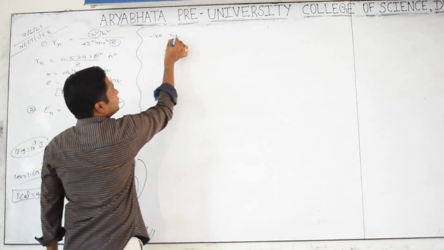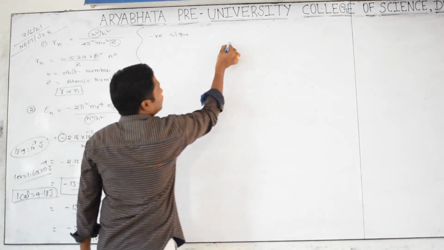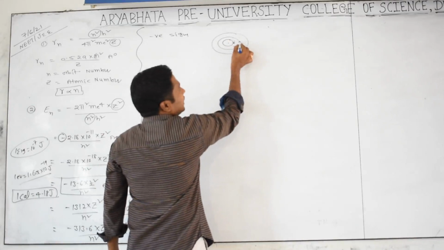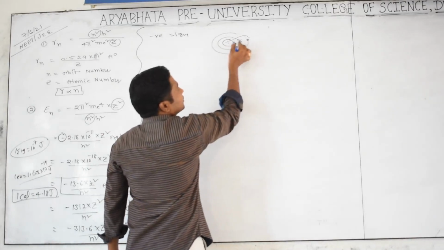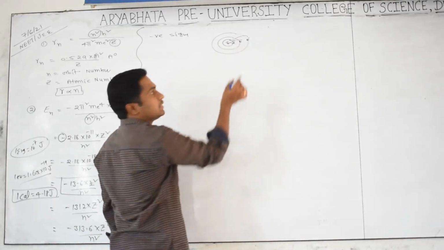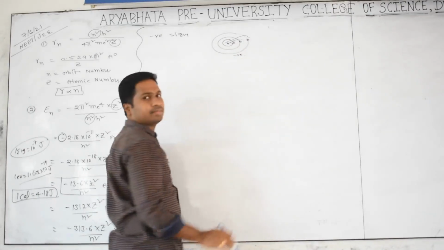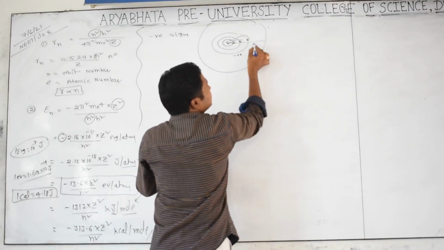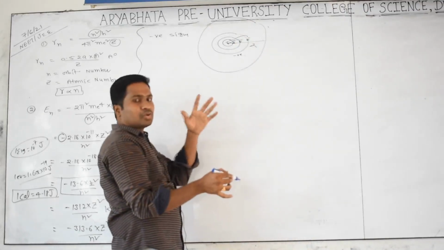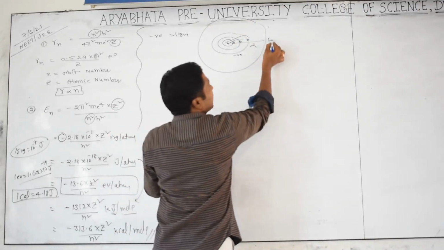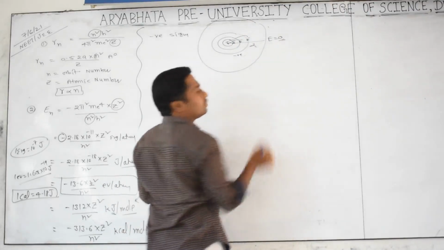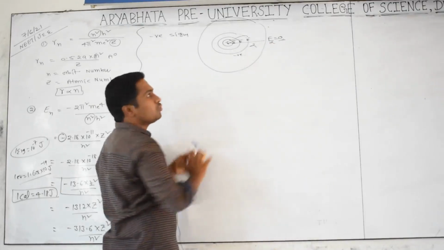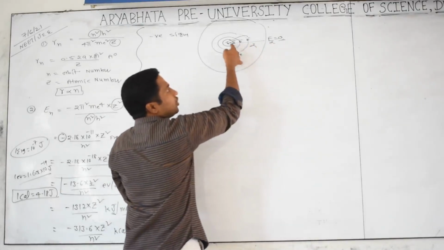Yes, this negative sign indicates you have an atom containing so many orbits. Those electrons will be there, though all electrons are under the influence of the nucleus. That is indicated by the negative sign. If you take an orbit at infinite distance, is it attracted by the nucleus? No, that's why its energy will be maximum, that is 0. So the energy of the infinite orbit will be 0. So compared with 0, these are all negative values.